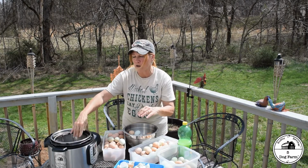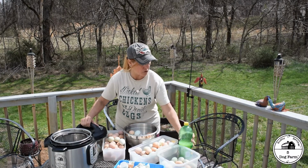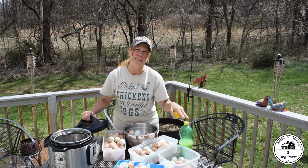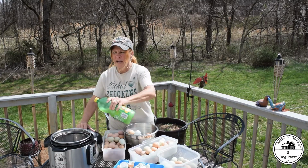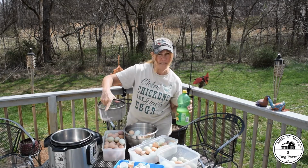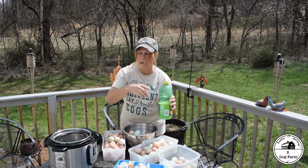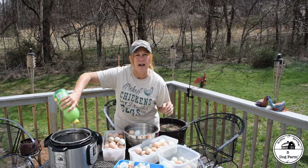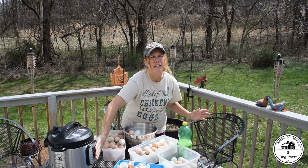I pour 1 cup of water over, probably a full cup, maybe a cup and a half. I make a lot of eggs at one time. And then I take usually just the real lemon juice, which I usually use for canning, but I thought pouring over eggs, I could use this. So I just do a really long squeeze. For a full basket like this in a 6-quart Instant Pot, I would probably use about 4 tablespoons of lemon juice. I pour it over the top of the eggs. I don't just put it in the water. I have the eggs in, the water's in, and then I squeeze out about 4 tablespoons. Put the lid back on, set it to your 5 minutes or hit egg, depending on what your buttons say,